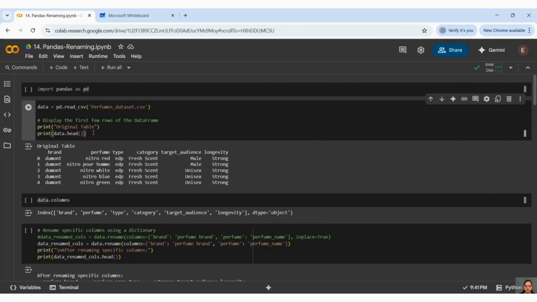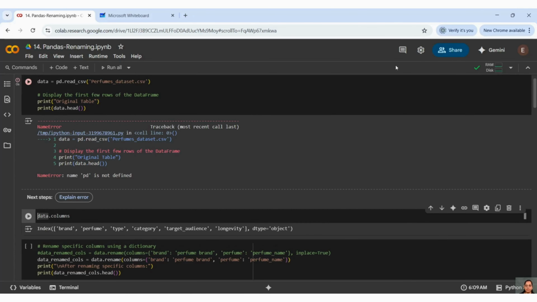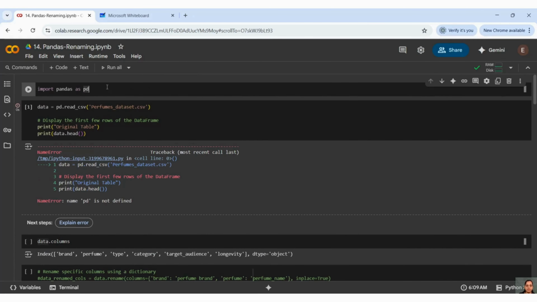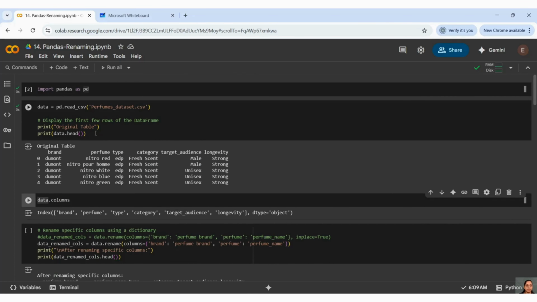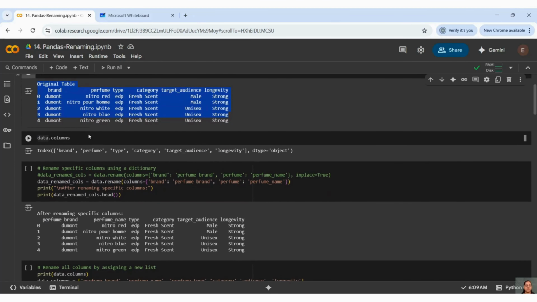In the first line, let me run the pandas library first. In my first section, I am loading my data with read CSV, and I am reading my data with head and tail, as I said, right? Head by default gives me 5 rows. Now let us see what columns are present. I have told you we can see by data dot columns, where we will be able to see all the columns and the data types associated with them.